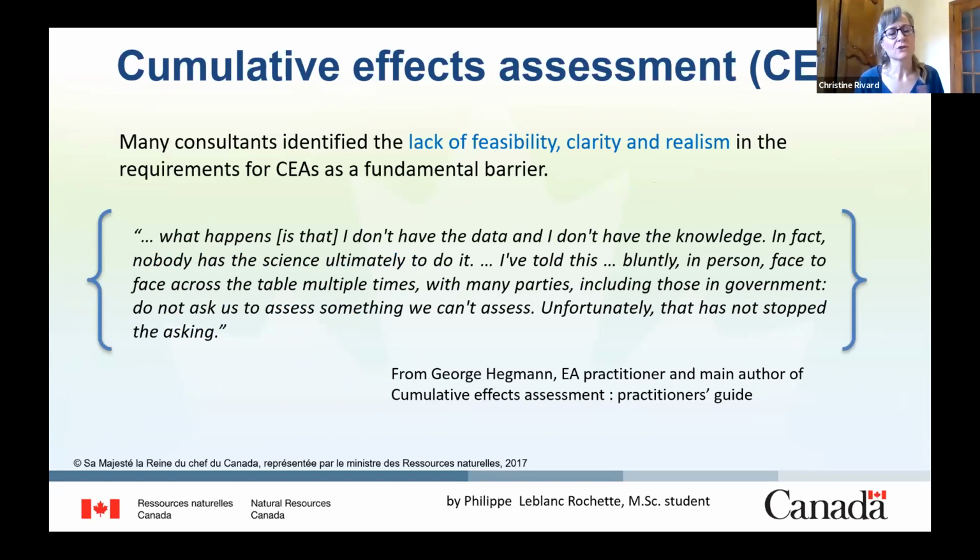Finally, here's a quote from a consultant we interviewed and who wrote a guide on this topic. He basically said that no one has the knowledge or the data to do a thorough cumulative effect assessment at the moment. And the more I work on this topic, the more I agree with him. So as government researchers, we definitely need to do more work in this area and try to find